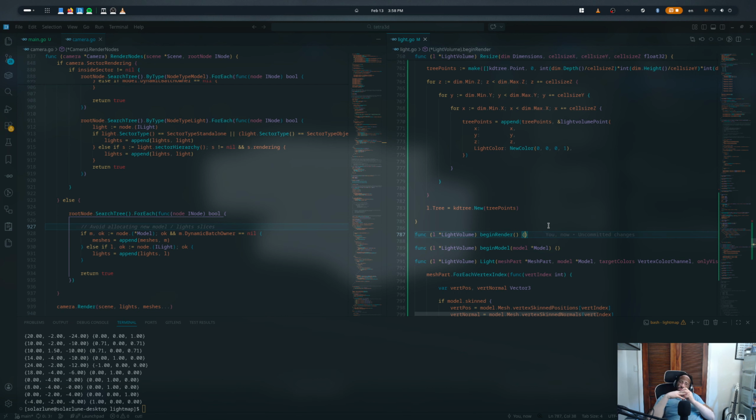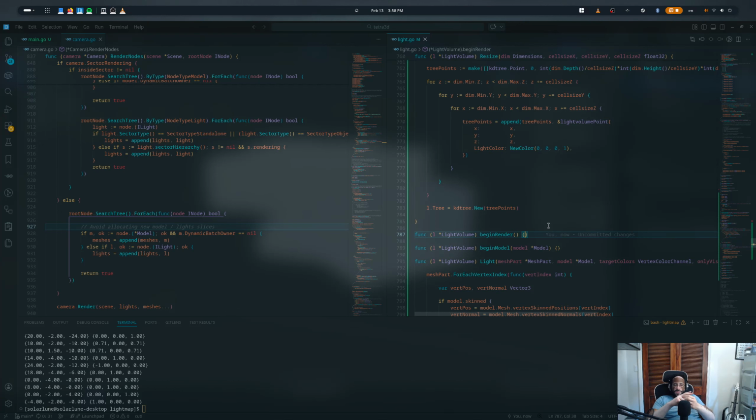I'm not sure quite how I feel about this. We need to transform the light volume, because if we don't transform the light volume, there's no way that we'll